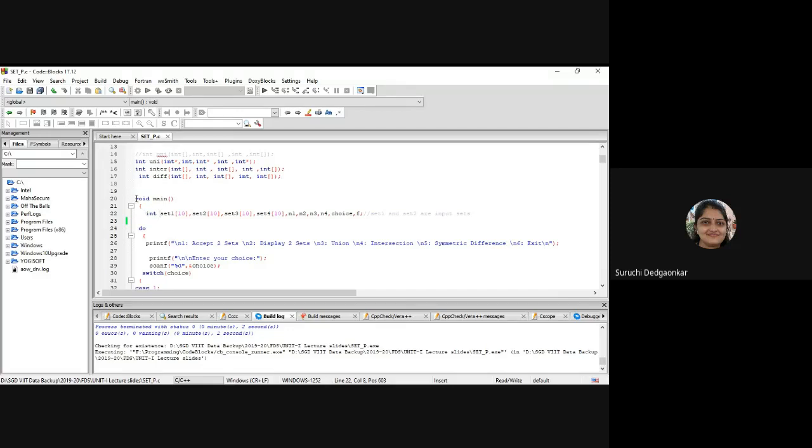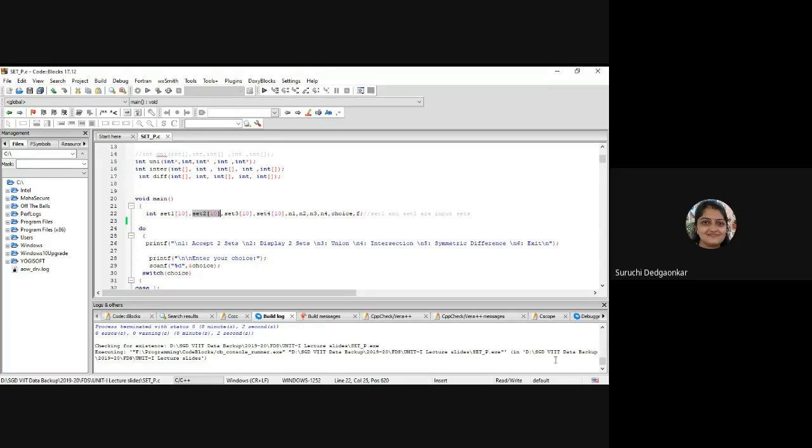So in the main function we will declare the variables to store the input sets, that is set 1. Set 1 will be storing the roll numbers of the students who like maths. Set 2 will be storing the roll numbers of the students who like science.